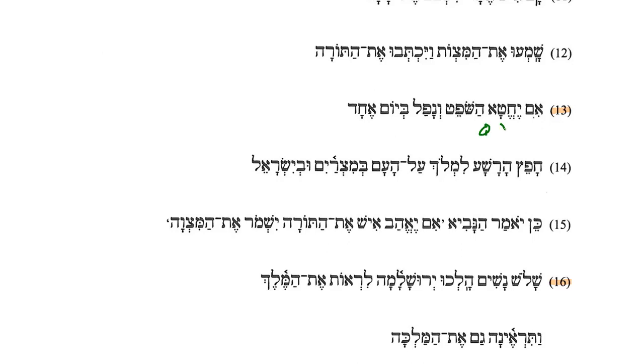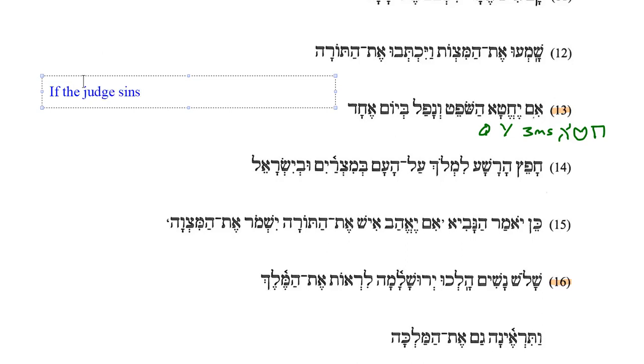So we have a cal Yiqtol 3ms. My root is hata, and that means to sin. And then we have hashofet, and that is judge, or the judge here. We have a definite article. So that's also masculine singular. It matches the masculine singular verb. So let's go over here and begin translating. If the judge sins, it is a Yiqtol. We could say if the judge will sin. Because of the if, we could probably take this as a modal form. So if the judge sins,